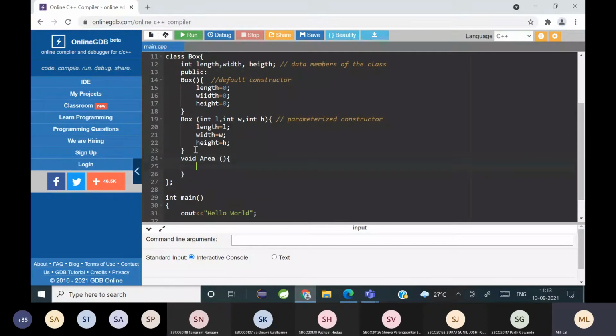And in the area function, how do you find the area of a box? Length into width. What will be the area of a box?